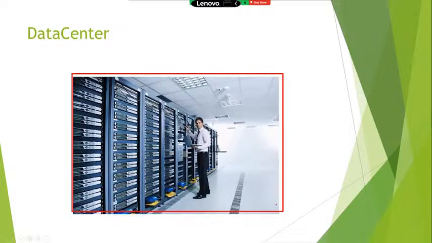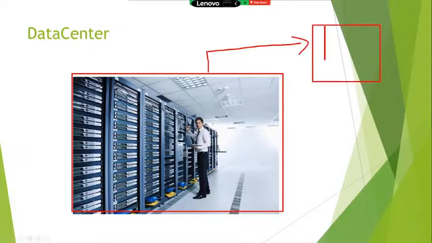First thing, to maintain our own data center, we have to purchase or construct a building. That building should be constructed as per the rules, regulations and guidelines provided by the government. Why? Because we are going to store data that might be sensitive personal or business-related information. So to build their own data center, they have to follow the rules and guidelines provided by IT laws and the government.